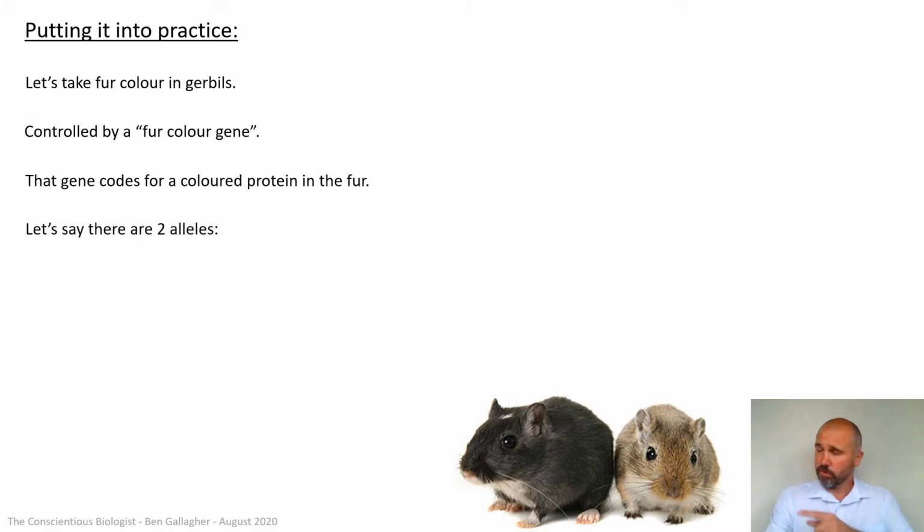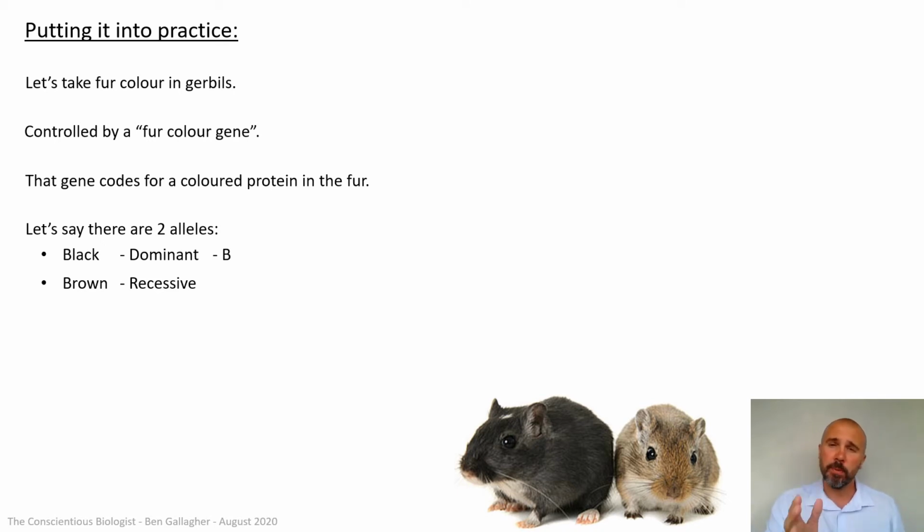Now let's say, we've got two mice here, so let's say there are two alleles that control the fur colour. We've got a black allele, giving the darker mice on the far side of me, and we've got a brown allele, giving the paler brown mice closer to me. Now let's say the black allele is dominant, the brown allele is recessive. For the black dominant allele, we're going to use a symbol of a capital B to represent it, because when you're doing crosses, to save you writing everything out, you use symbols. So you're going to use a capital B for the dominant one, and we're going to use a lowercase b